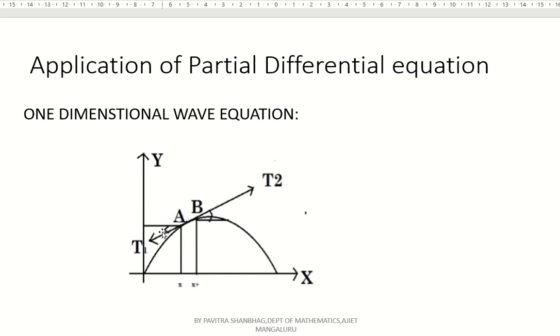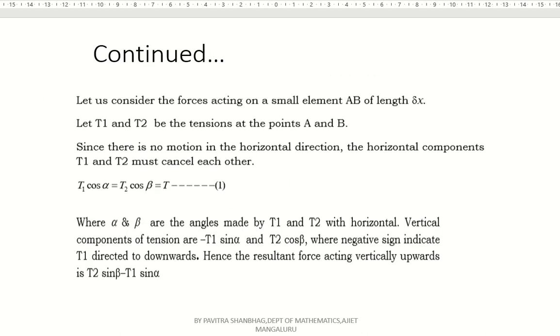But the thing is, here T1, the negative sign indicates tension. T1 acts downward, and you always have to remember that for the downward direction, the left side and the back side, the direction measurement is negative, right? And for right, up and front side, the direction measurement is positive. So because of this, here what we are getting? Minus T1 sine alpha and T2 sine beta. Sorry, it should be sine beta, not cos beta. Okay, sine beta, where the negative sign indicates T1 is directed downwards.